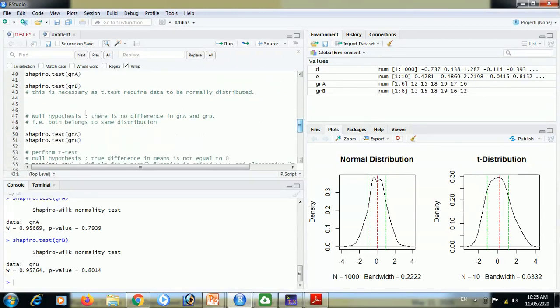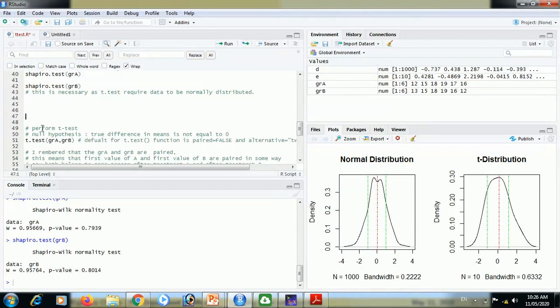Now we will perform t-test, and for t-test our null hypothesis concerns the true difference in mean of these two groups. If we compare mean of group A and group B, then true difference in means is not equal to 0.